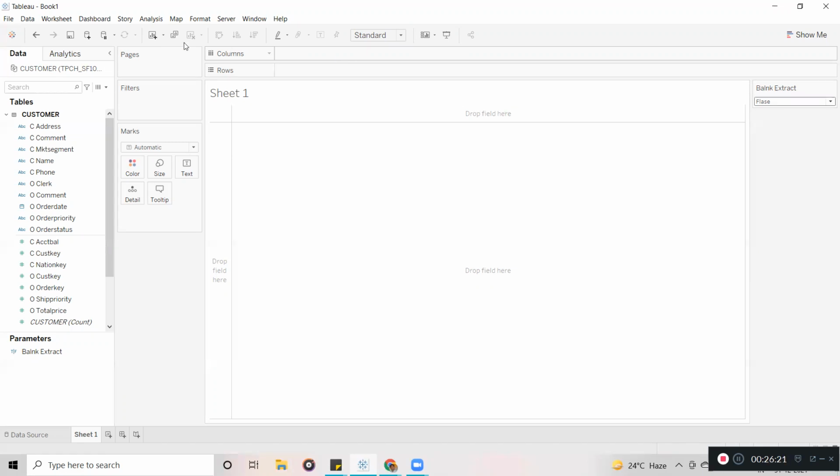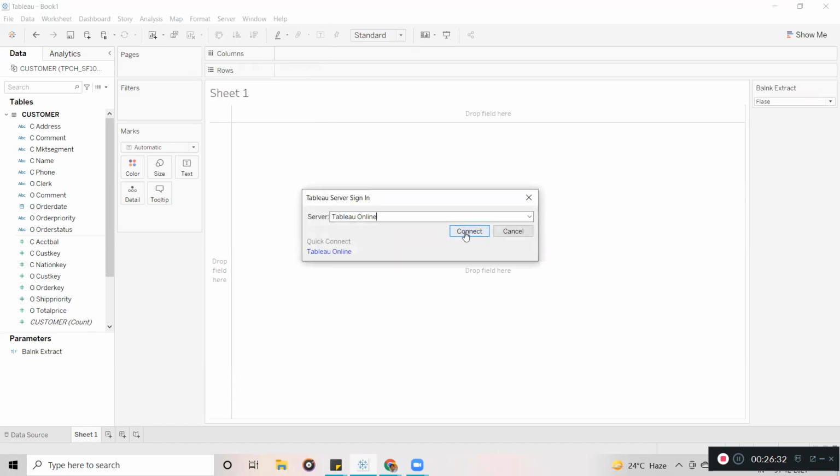So now, to publish the data source to server, you can publish in 2 ways. The first way is you can go to the server menu and first sign in. So now I am going to sign in.